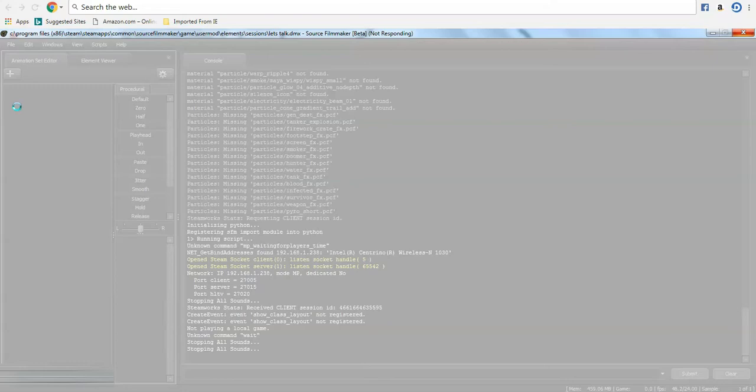So yeah, I will be talking about two 3D animation software today. Both of them are completely free. No free trials. It's entirely free. And so the first one I am going to talk about is